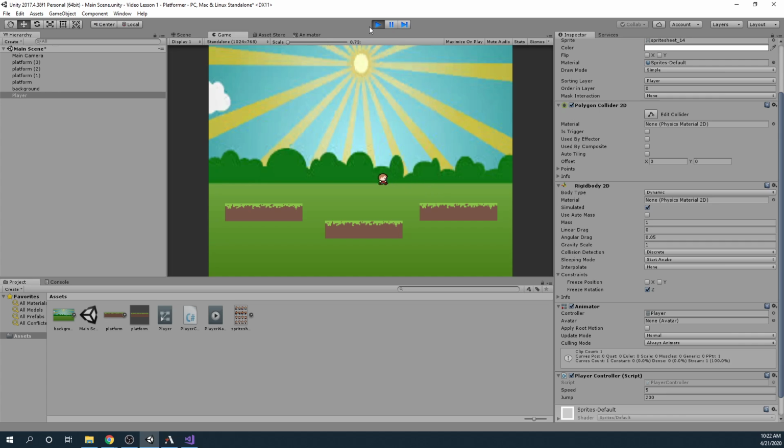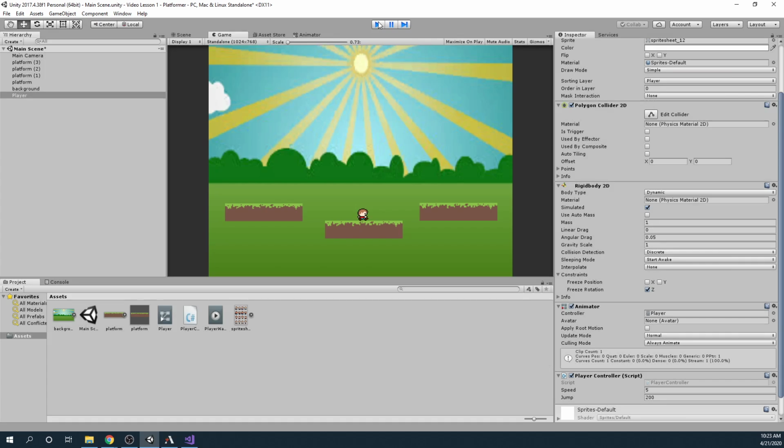Now the problem that many of you have probably noticed already if you're with me in testing this thing is if we hit space a bunch of times, then we've got ourselves infinite jumping. My guy can fly. That makes a platformer a little less fun, or at least a little less challenging. Maybe it's fun to fly through the screens. Maybe if we put a box at the edge of the stage, but for now, we don't want it to